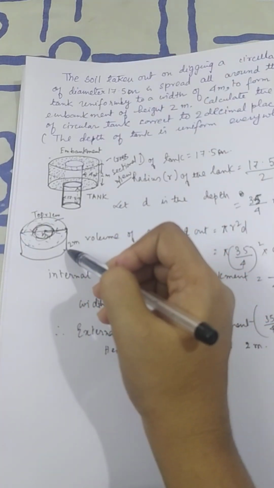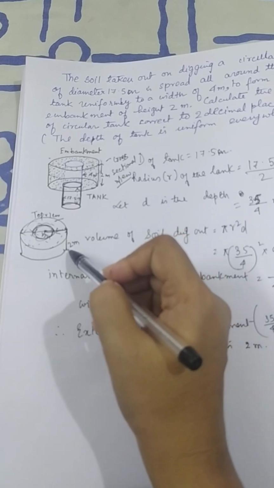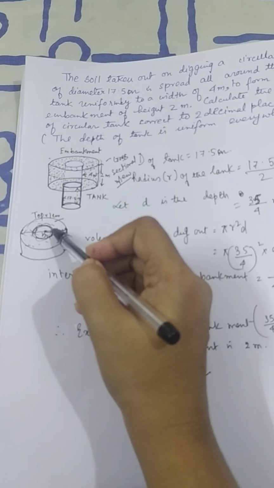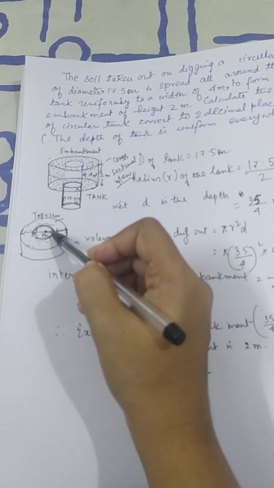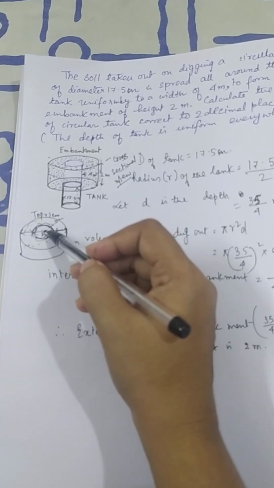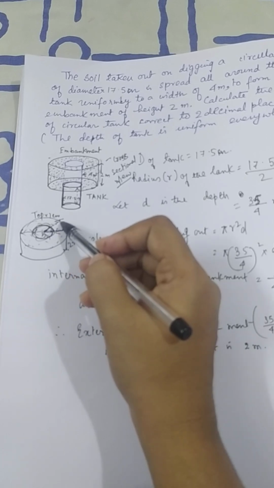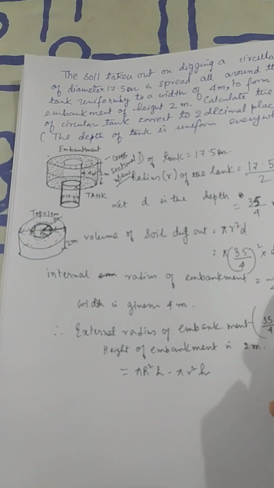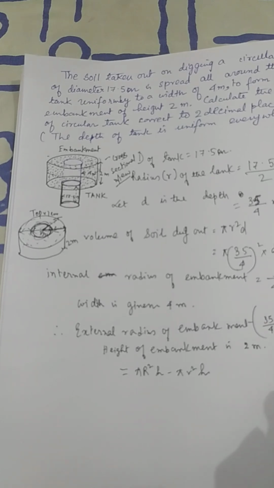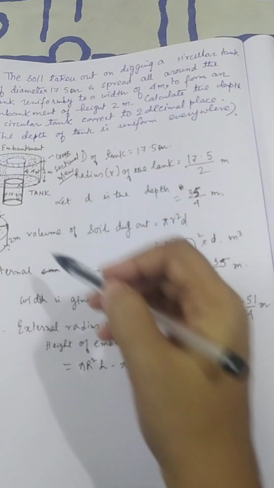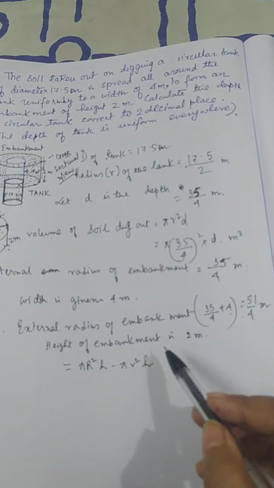is of width 4 meter both side, height of 2 meter, as the inner radius is 35/4 of the tank, which is same as the radius of the inner hollow part, and the total part, that means soil part plus this hollow part, makes the external radius. Added 4 meter, 35/4 plus 4 meter, that is 51/4 meter, and height is this. So if I want to find out the volume of the soil,